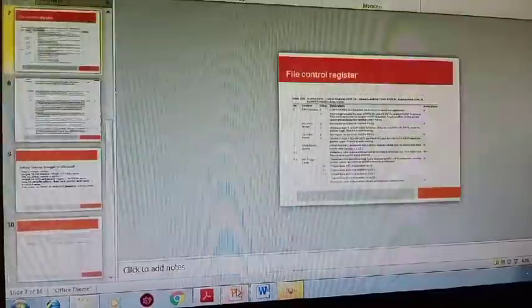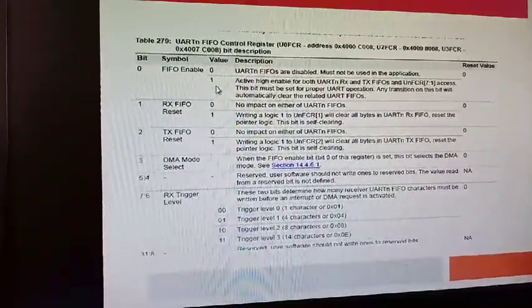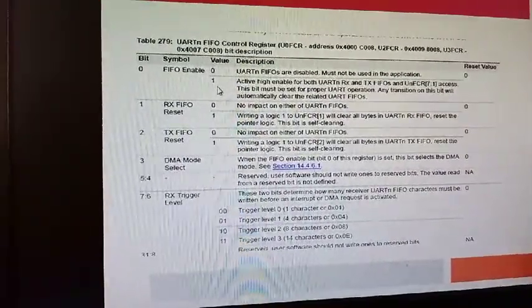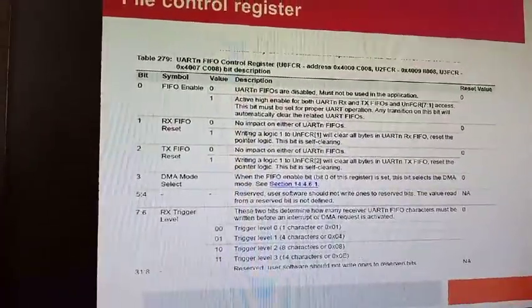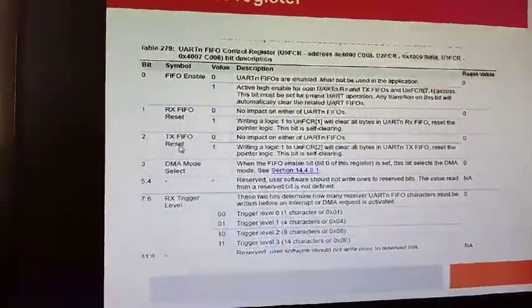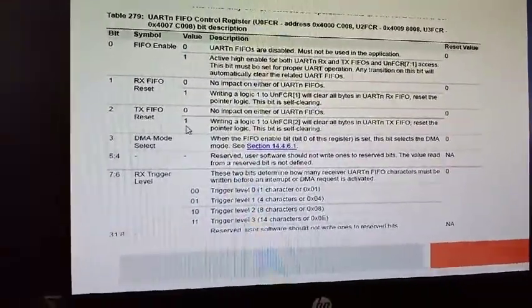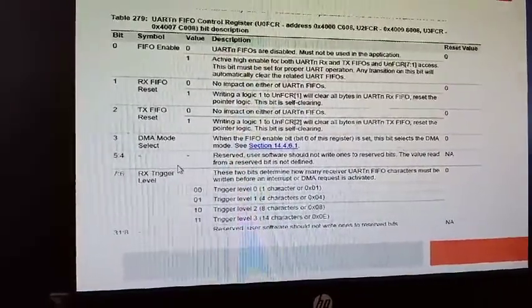So we'll go back here. To enable your FIFO, what should be the value in bit 0? The value in bit 0 should be 1. For resetting the receive FIFO it should be 1. You have to reset your transmit FIFO, so again it is 1. Rest all values will be 0.